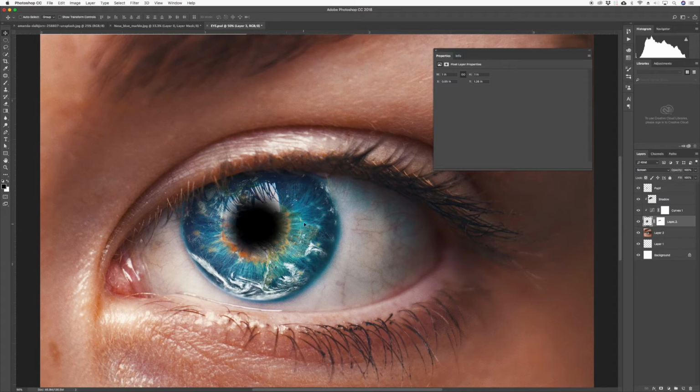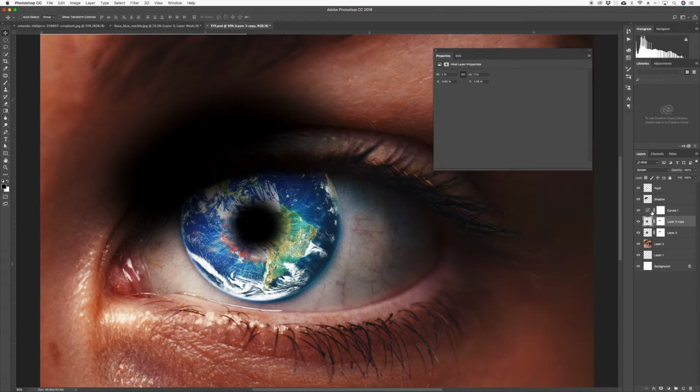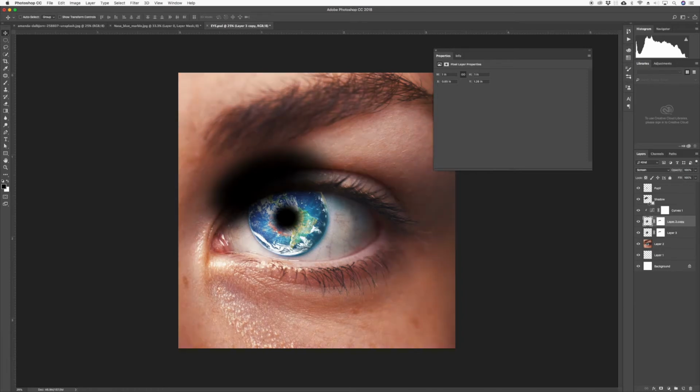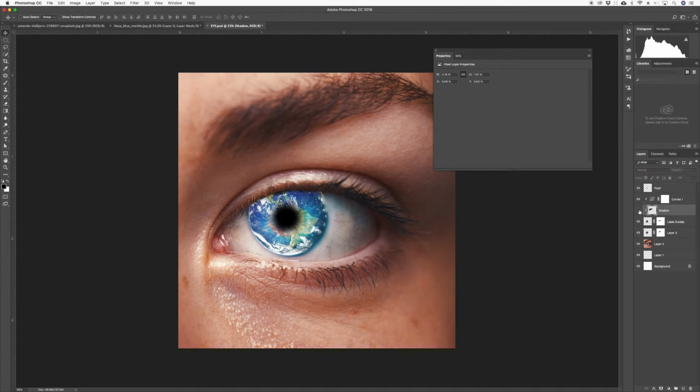Make a duplicate of this layer. I'm just dragging it to the new layer icon. Of course it's messed up, but that's no worry. Put that back. Clip that back. Put that back. Okay, so